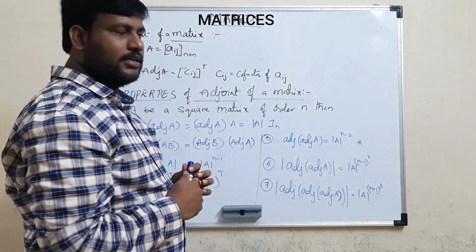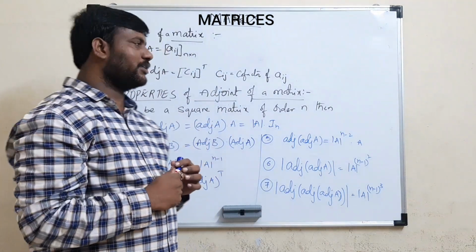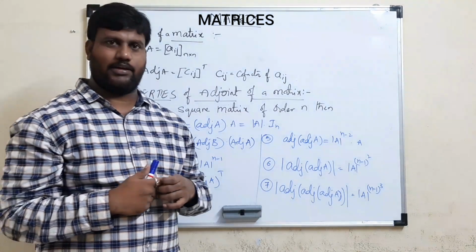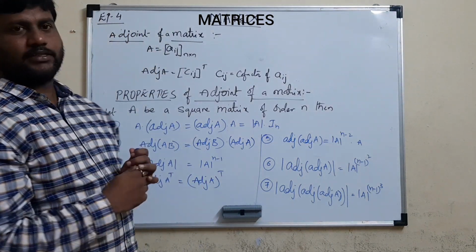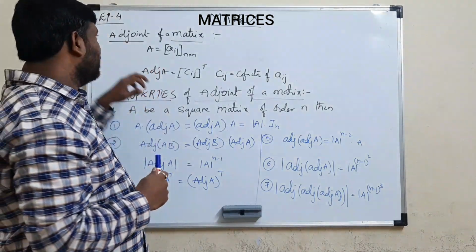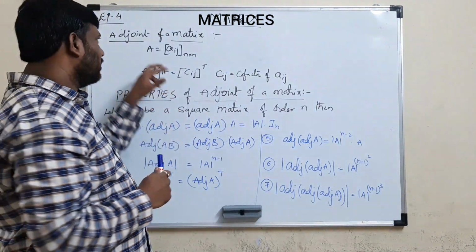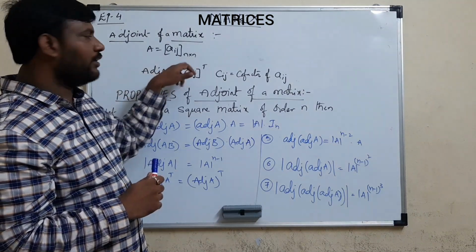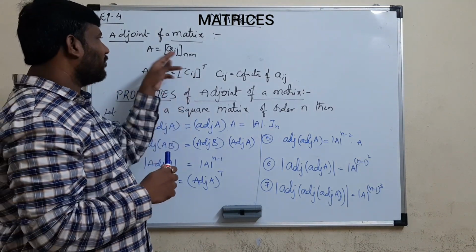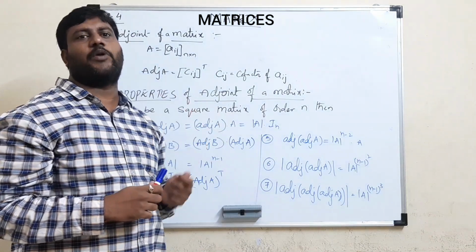Hi students, so today we discuss the problems based on adjoint of a matrix and solving system of linear equations, right? See, what is actually the meaning of adjoint of a matrix? Let us consider the matrix A, that is Aij, with the order n. Then adjoint is nothing but, we have to replace every element with their corresponding cofactors.